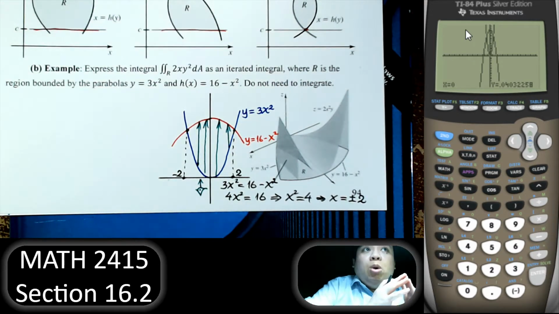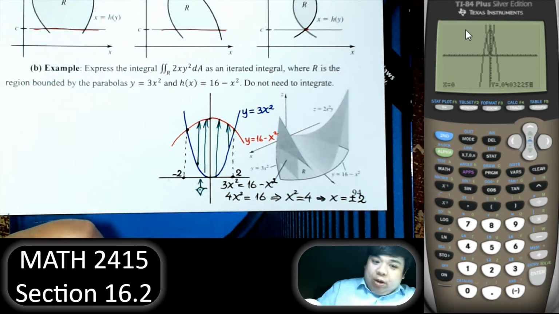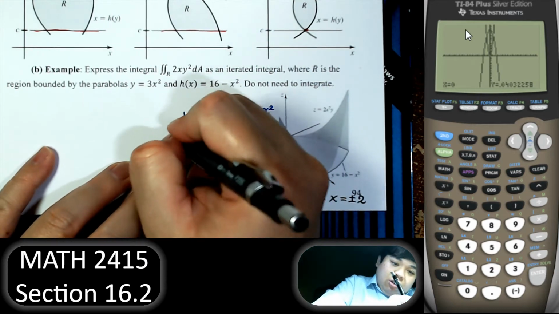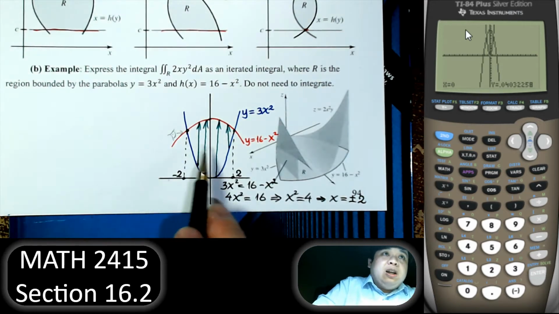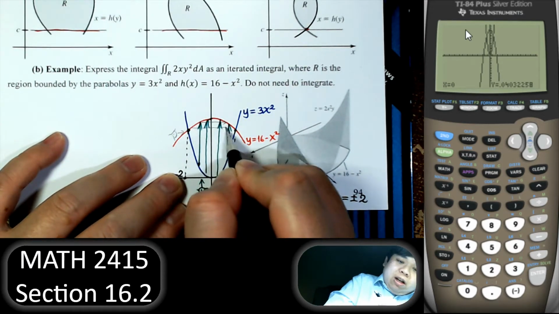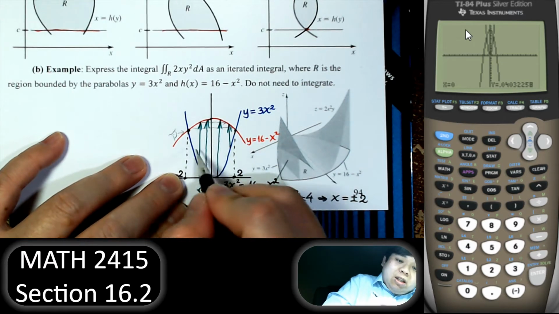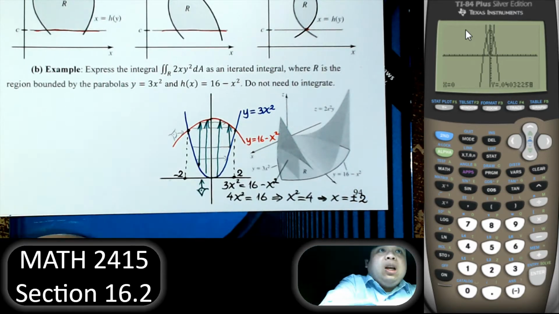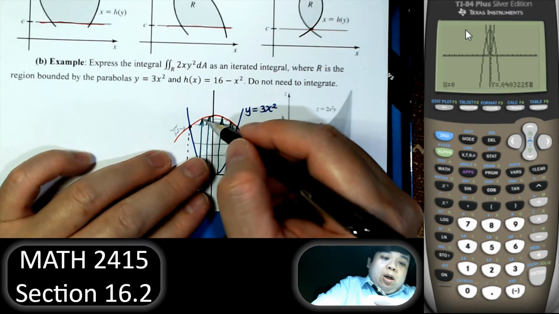So we have one function above, one function below. So that looks good here. Now if you look on this side, this is an eye, and if we look in that direction, we see it is bounded left and right above by the function y equal to 16 minus x squared, but below bounded left and right by the same function. So it's not very friendly if we do that, because on this one the boundary will be